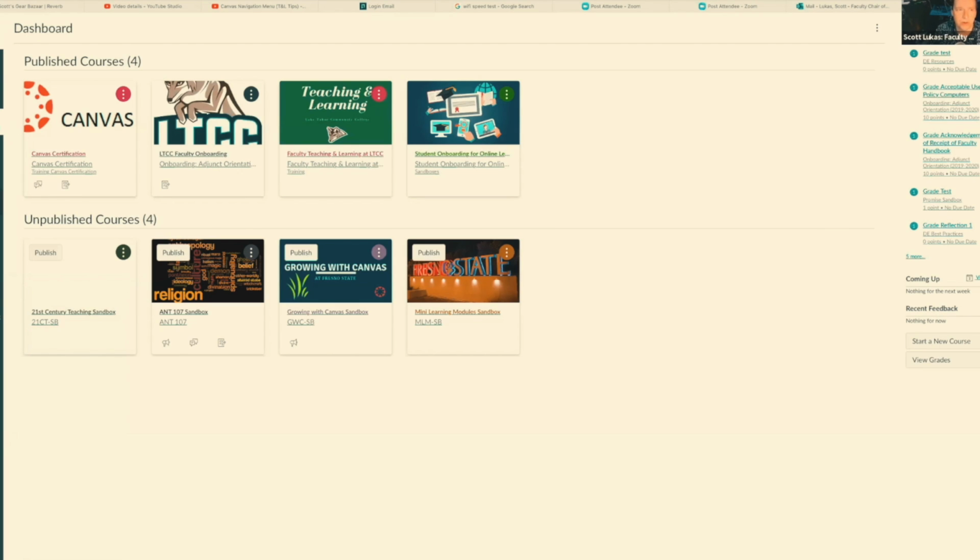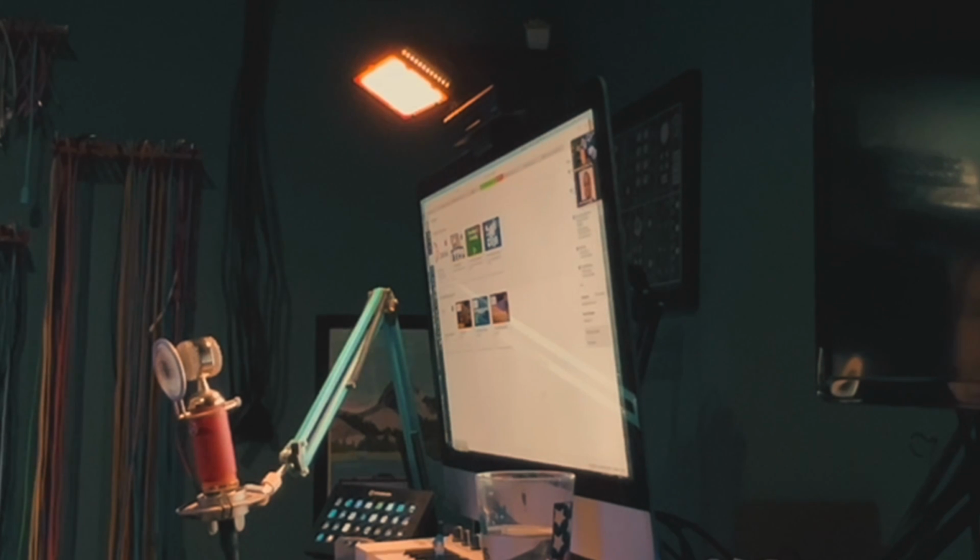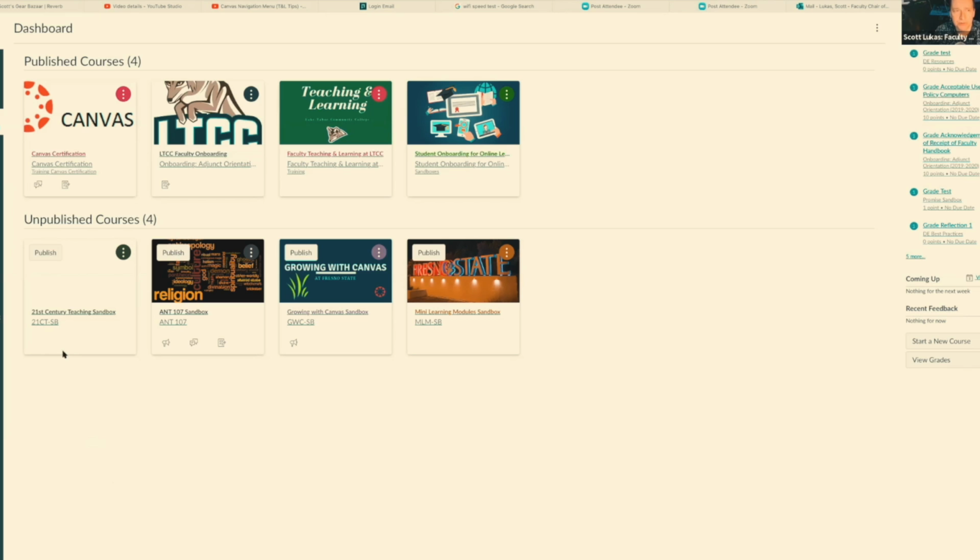This is where you could instantly access your inbox messages. If there are new messages, and mine say 8, and typically it's a global announcement from a few years back that I haven't clicked on. So these aren't new messages, but it'll show you if you have new ones, just like on your favorite email program how many messages you have. So that is your global navigation account menu, if you want to call it.